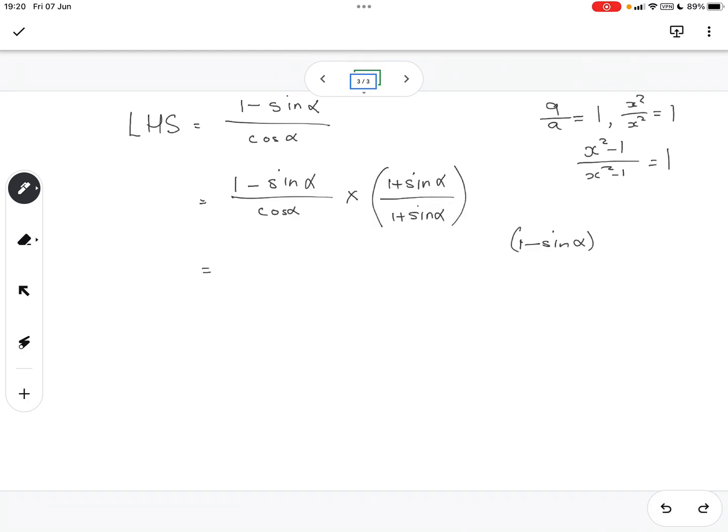And how we're going to get away with this, we can say at the top we have 1 minus sine alpha times 1 plus sine alpha. You remember when you have a minus b,